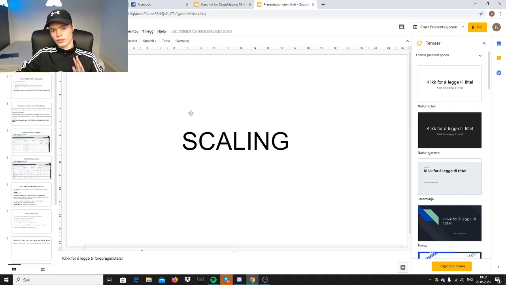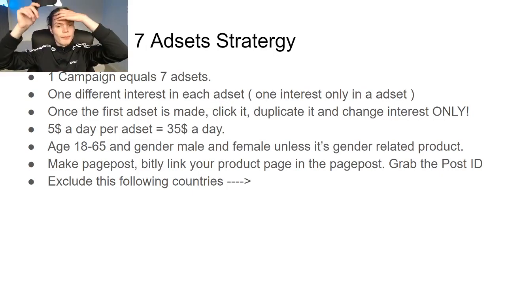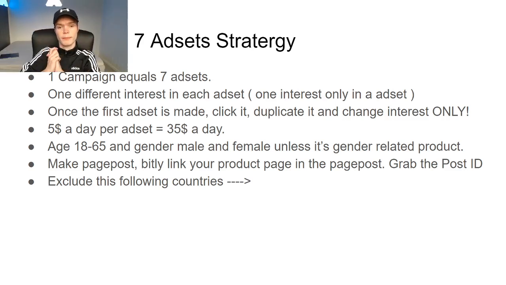But now we're just going to stick to the scaling, and I'm going to show you how to test first, and then we'll get into the scaling. This is how we test, guys. I wrote this with $5 just to make it realistic for you, but I definitely do recommend running $10 ads. This whole strategy is going to be based around $10 ads. Right now I'm just pulling up an old testing strategy, but you can make it work with $5 a day ads too. But I highly recommend doing $10 a day, because you're probably gonna spend the same regardless.